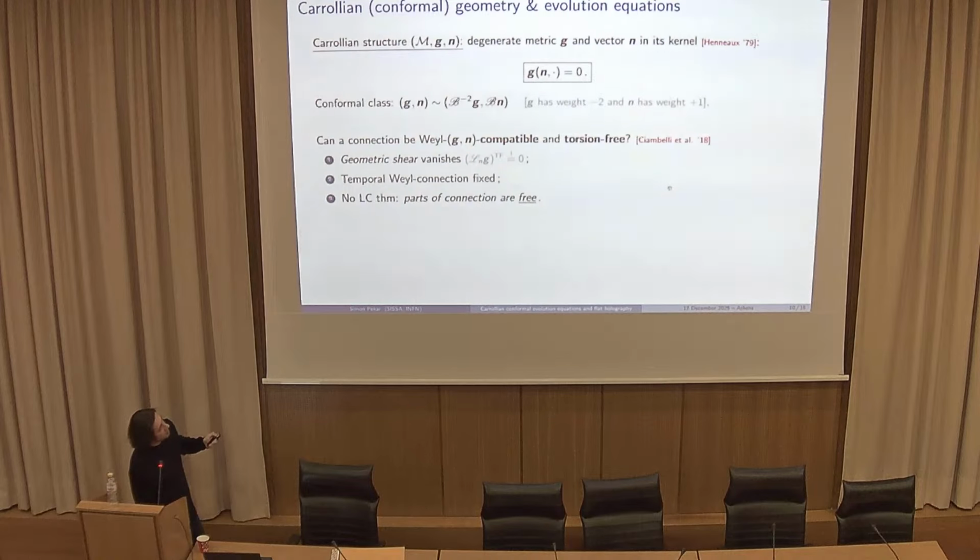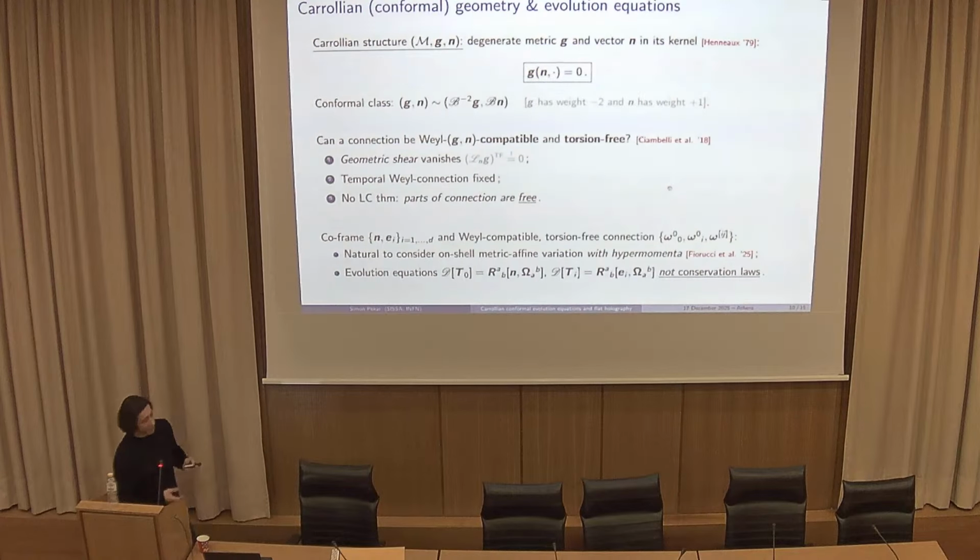So this is this quantity, the Lie derivative of the degenerate metric along the null vector. The trace-free part has to be 0. There is a point that is not terribly important for us here today, which is that the Weyl connection is no longer something that you can completely gauge away, because the temporal part is fixed also in terms of the geometry. But the most important point is that parts of the connection are still free. If I take a spin connection, I ask it to be torsion free and compatible, parts of it are still unspecified.